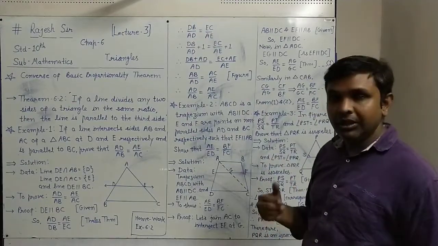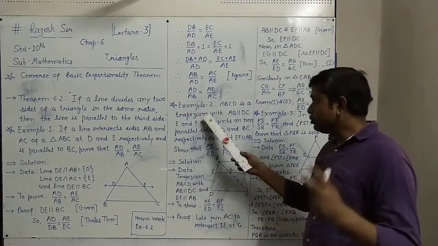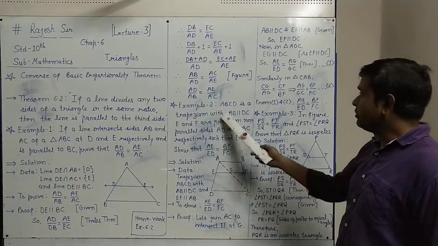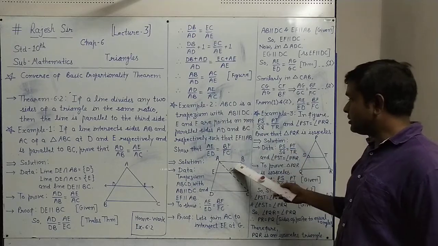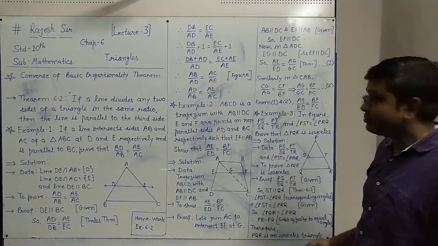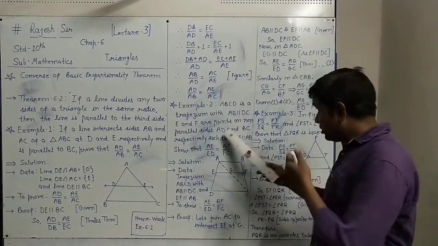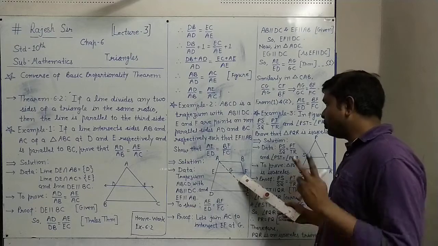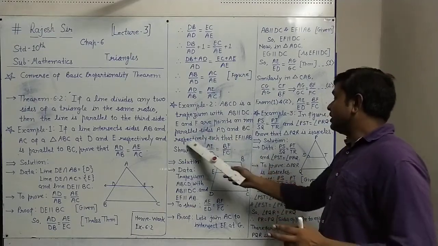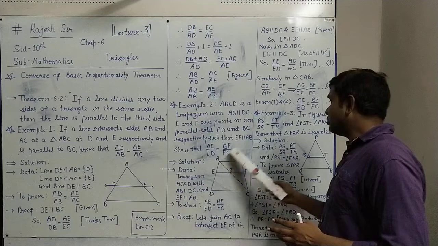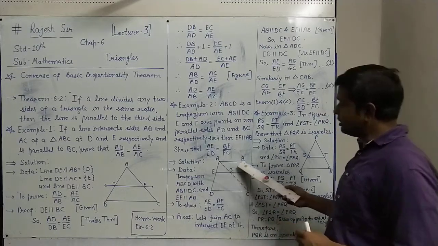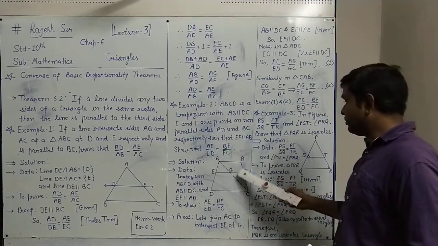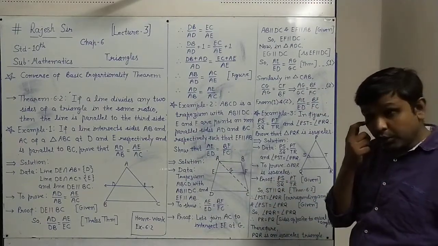and some earlier class knowledge. Example 2: we have now ABCD is a trapezium. This way, given ABCD trapezium with AB parallel DC. This AB parallel DC is given. E and F are points on non-parallel sides. Non-parallel sides are AD and BC. On that, E and F two points are there, respectively such that EF is parallel to AB. EF is parallel to AB. It is given also. Show that AE upon ED equals BF upon FC.